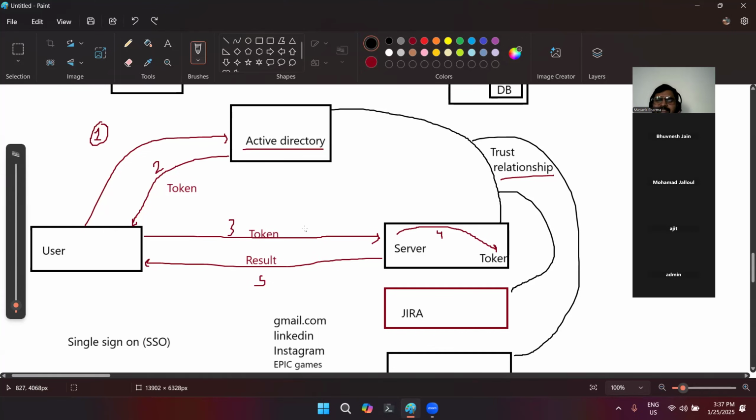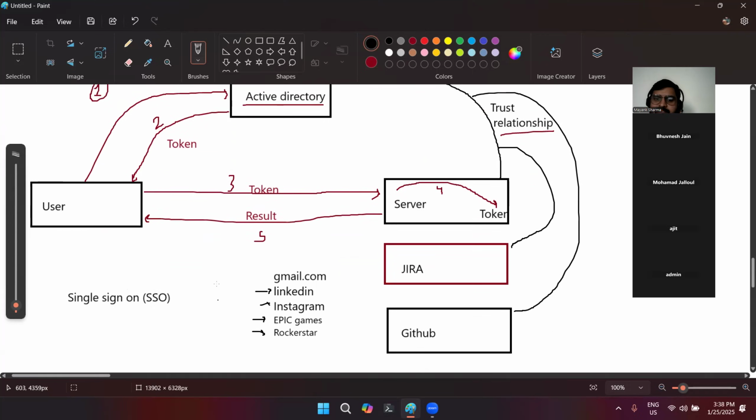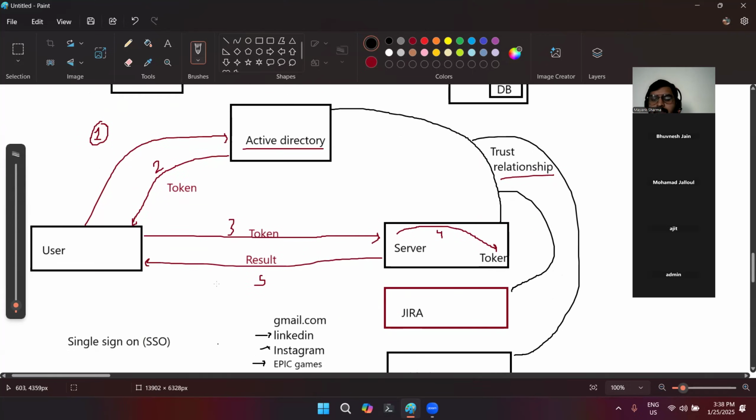And yes, you can easily see all of this process when you are logging into any particular site. If you go to LinkedIn, you can easily check that the URL is redirecting or changing whenever you are doing any SSO there. Okay, so yes, we have taken the example of Gmail. If you are a Gmail user, then you can easily log in to these particular accounts. So this is the basic identity part that we can see, which we are getting from Active Directory.